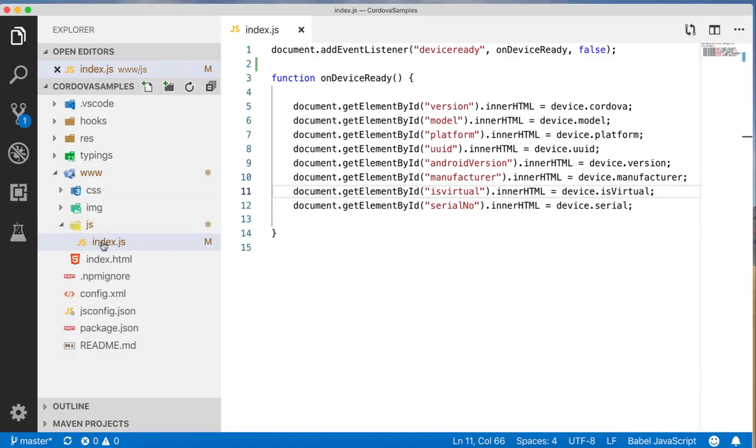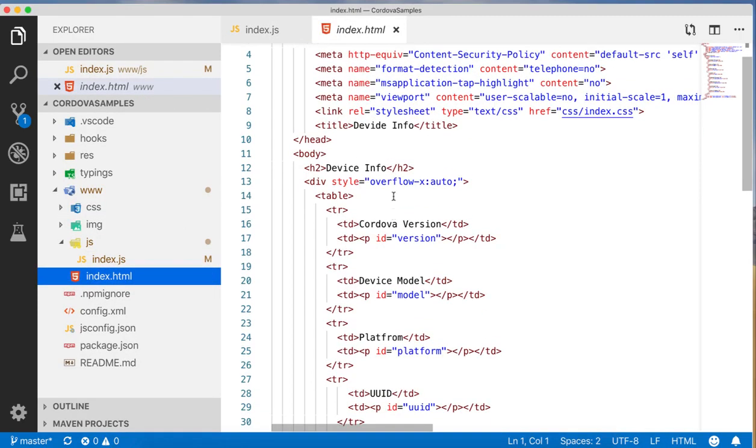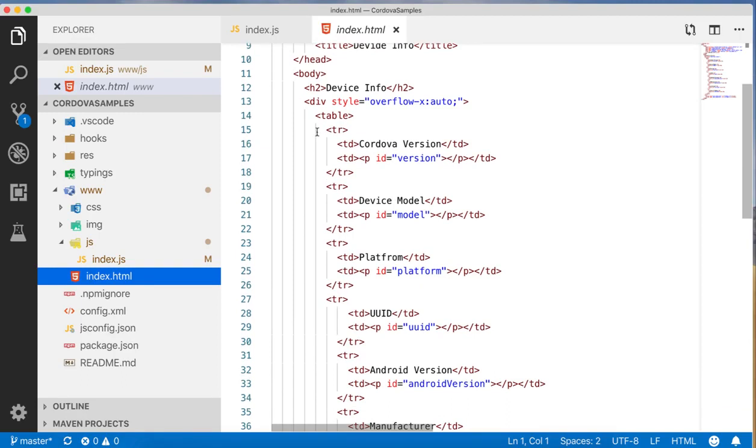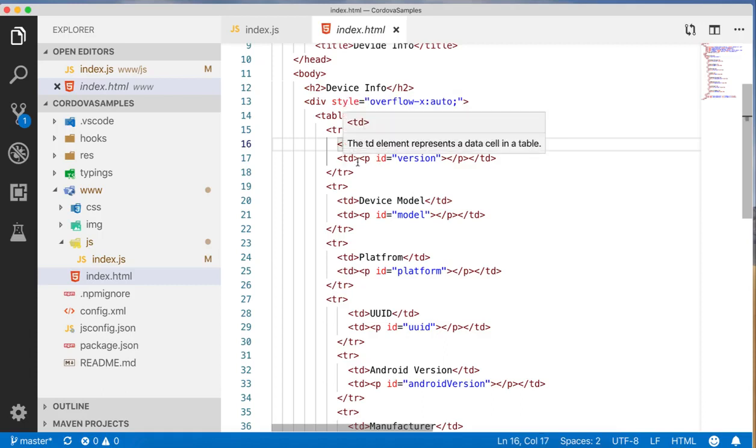Now come to the index.html. All those things are the same as in the hello program we created. Here in the body tag I have added an h2 tag for the device information, and we have created a table where the first column has the information and the second column has the description.